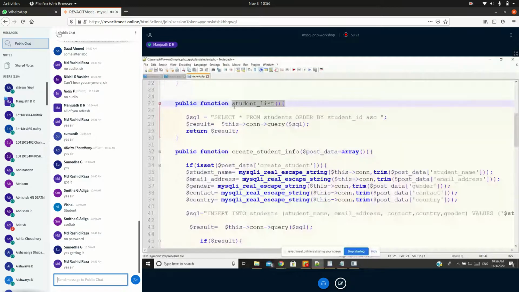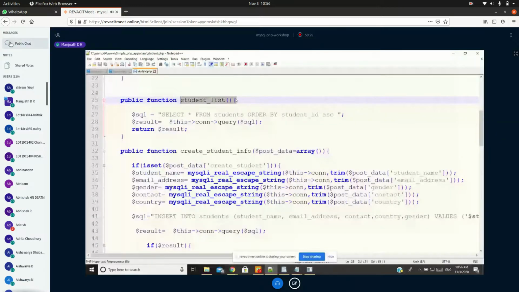Whenever I'm going to use this model for student list, it will select from student, ordered by student ID, so ascending order. And this is the SQL query, and I am passing it to this connection. Once I pass this SQL query to this connection, it is going to fetch some values from the database.